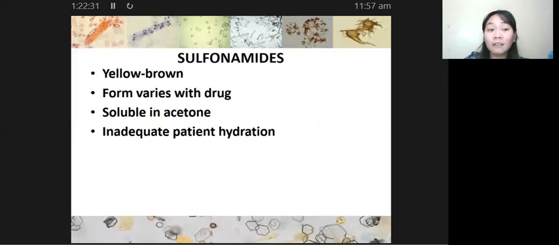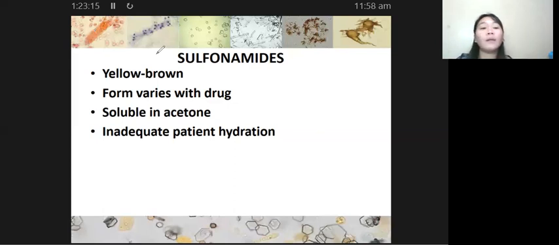Next, we have your iatrogenic compounds, or your medications. So, take note class na usually kasi, kaya nagka-crystallize yung ating mga medications or iatrogenic compounds, this is due to inadequate patient hydration. So kung kunwari man na well-hydrated naman yung patients, walang problema. Hindi magka-crystallize yung ating iatrogenic substances. So usually, nagka-crystallize lang sila kung hindi umiinom ng tama ng tubig yung pasyente natin, wala siyang proper hydration.